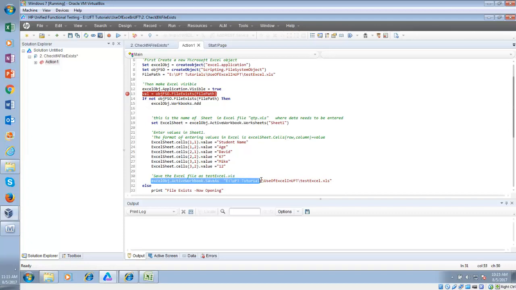So instead of saving it in that way, I can give this file path here,